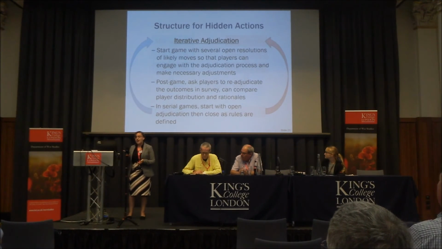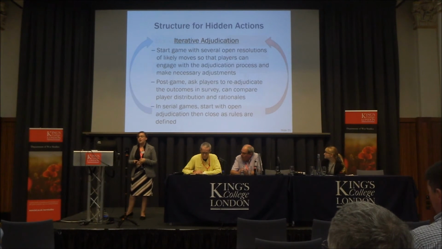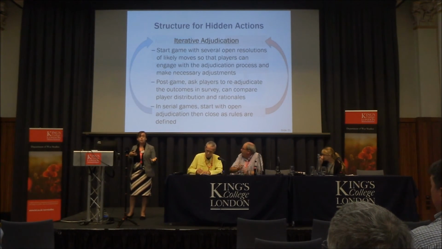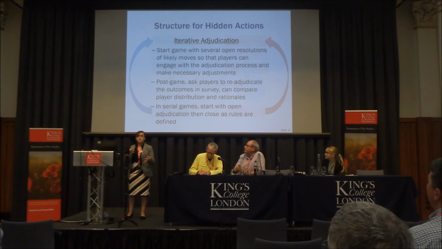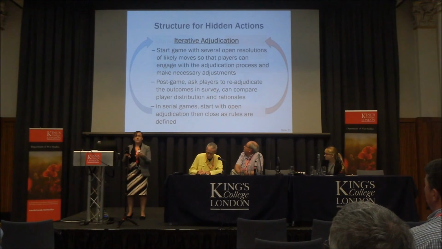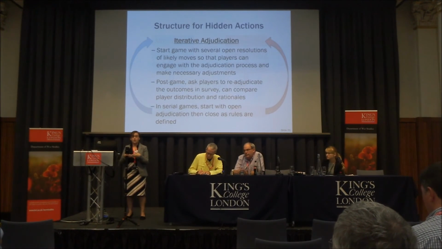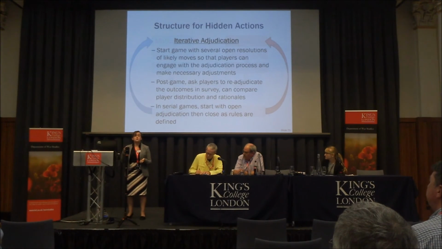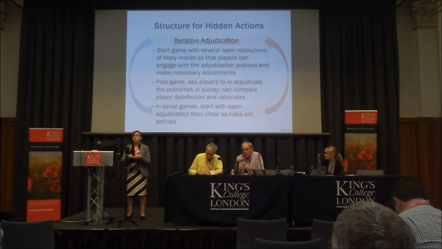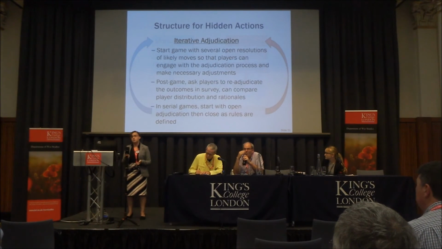And then the last, which I think in some ways is the most intriguing, is that we can run serial games. And we can start with more open adjudication. And as we start to develop a more concrete rule set, we can start to close down and hide some of that adjudication, because now we have some understanding of the factors that are coming into play. The problem with this one, obviously, you need a sponsor who's willing to invest in having multiple runs of a game that are going to build results only gradually and only over time. And I think that's a hard sell right now.